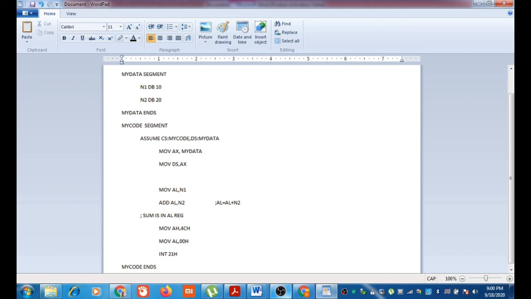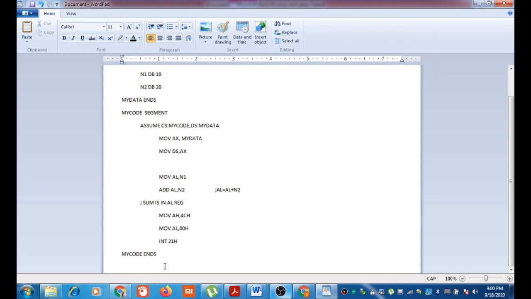Now after adding N1 and N2, the result is stored in the AL register. The program is terminated. But I have to do one more thing. I have to indicate the physical end of this program and which is the first executable instruction in the code segment.